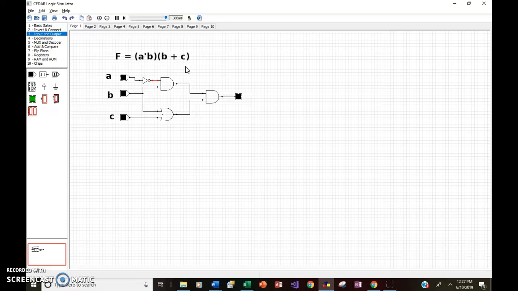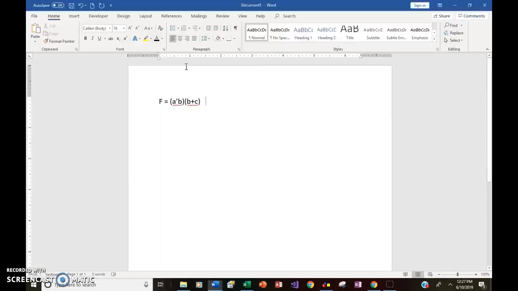I'm going to do this over in Word. To create sum of products is just that. We're using our mathematical terms applied to these Boolean algebra equations. Basically, we're going to create our variables multiplied by one another and then added together for each of the terms. So step one is